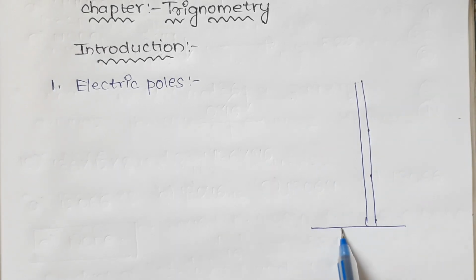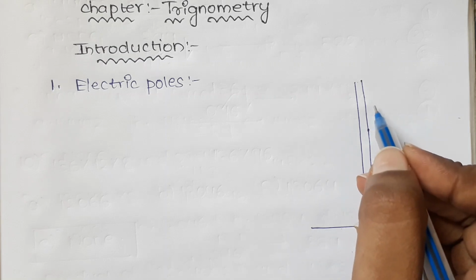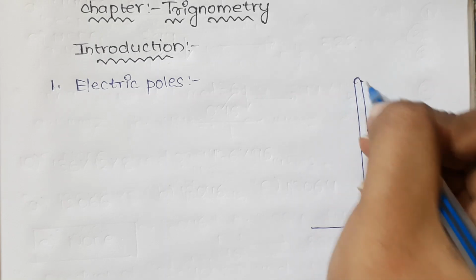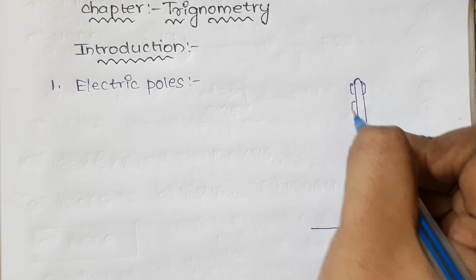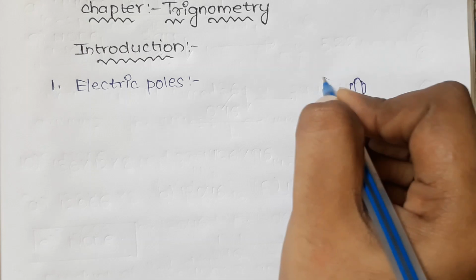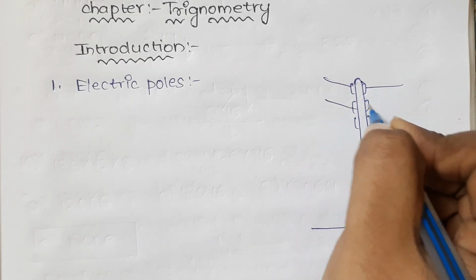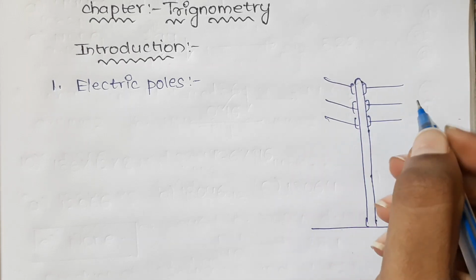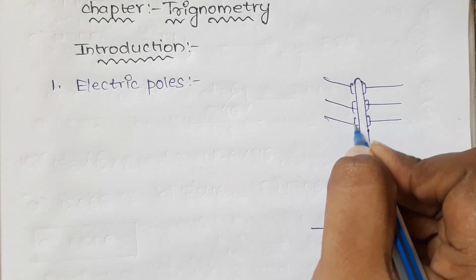Here it is the ground and it is the pole, having many wires, and here it is having one of the wires,